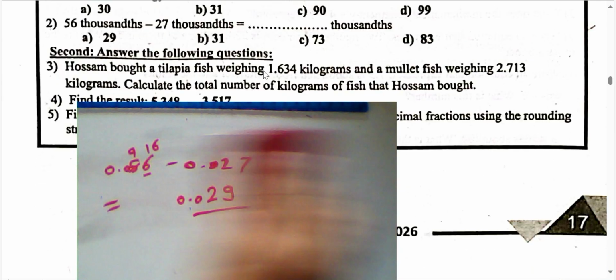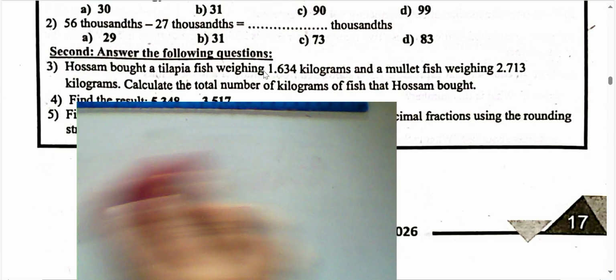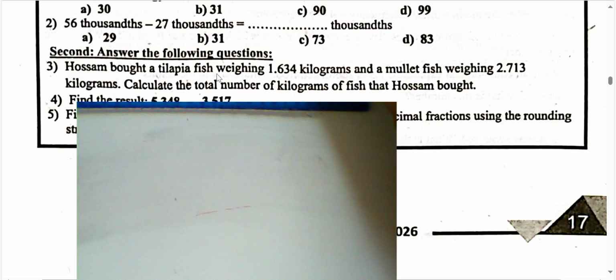Question number 3. Hussam put a tilapia fish weighing 1.634 kilograms and a mullet fish weighing